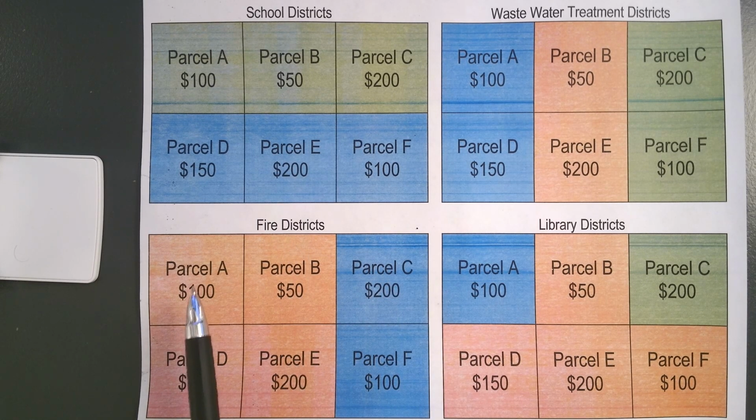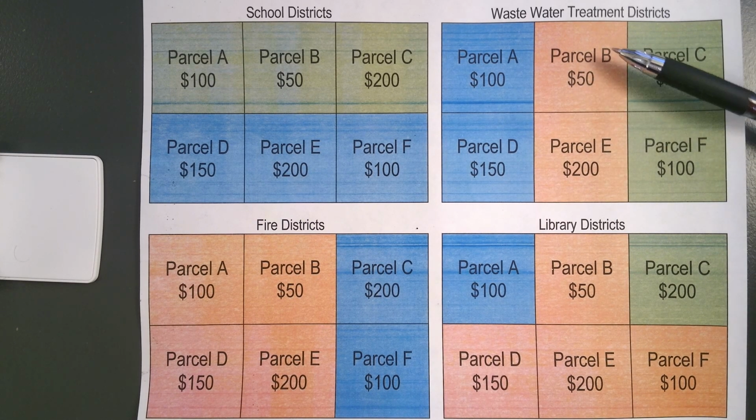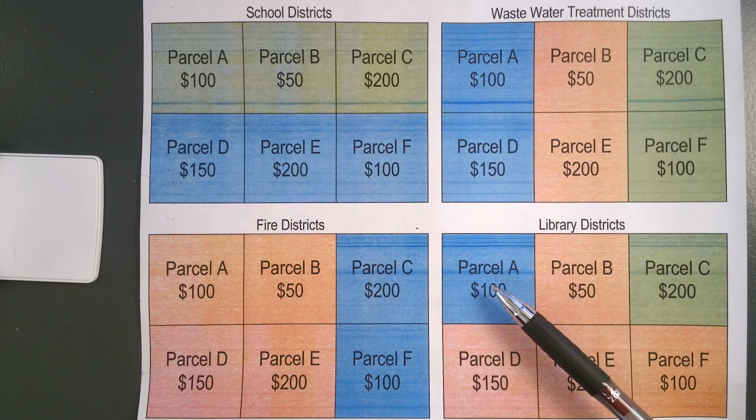You have parcels A, B, D, and E in fire district 1, and you have parcels C and F in fire district 2. And note that for wastewater and also for library, you even have